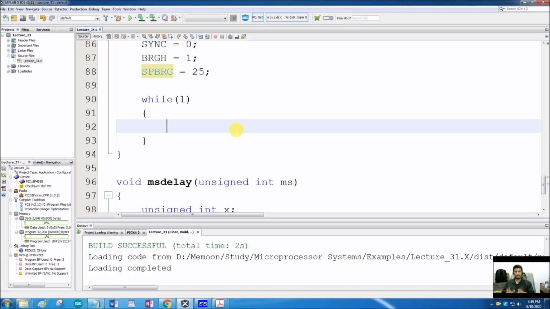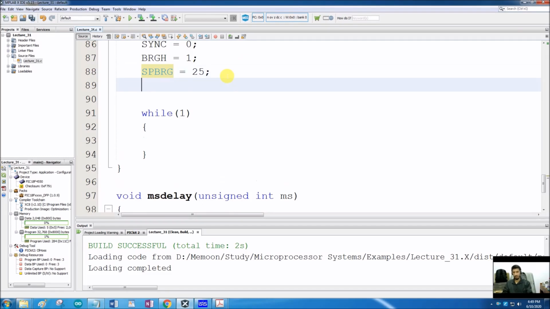And whenever the data is received, just send that data to port D. That will be displayed in binary number. So we will verify whether the data is being sent correctly or not. So if we want to display our data on port D, we have to set port D as an output. TRISD is equal to 0. Now when will I know that the data is received? Similar to the transmission interrupt flag, I have an RCIF, receive interrupt flag.